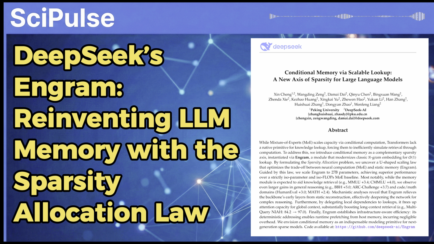And this has a second massive effect on the model's attention. By delegating all those little local lookups, Engram frees up attention capacity for global context. So because the model isn't squinting at the details, it can zoom out and see the big picture: the whole argument, the long-range connections in the text. And we have hard proof of this.